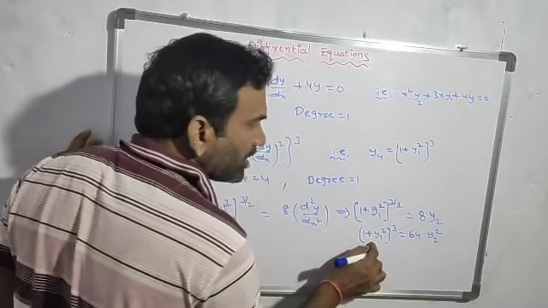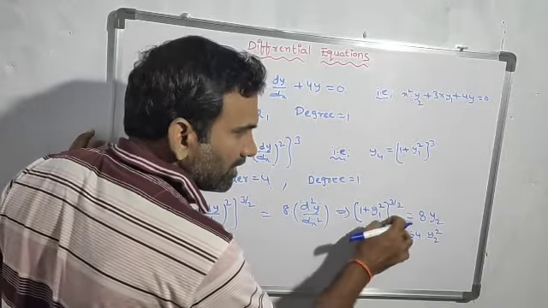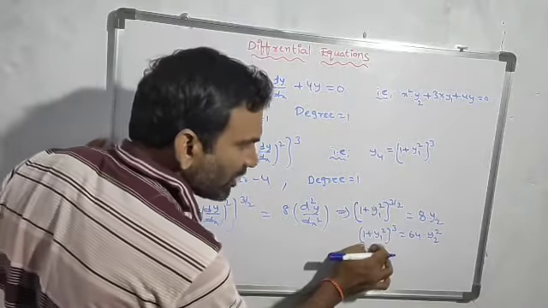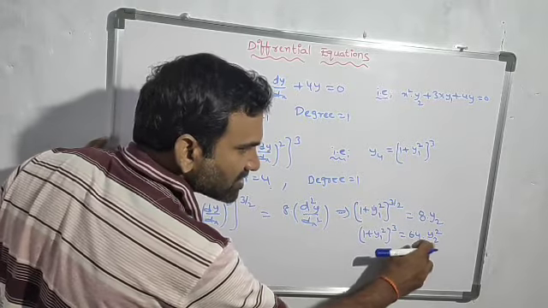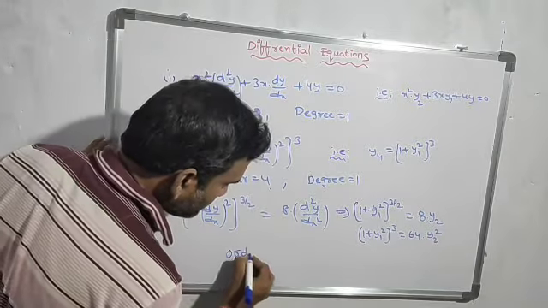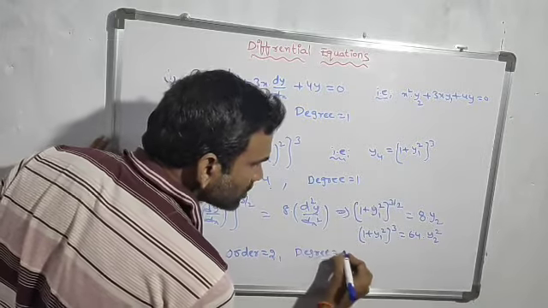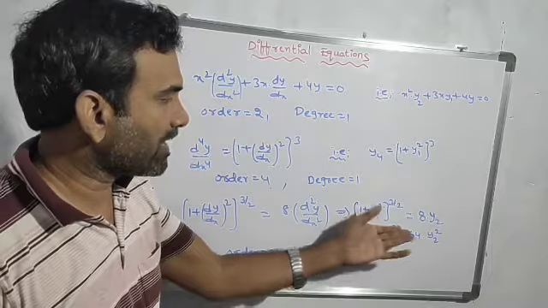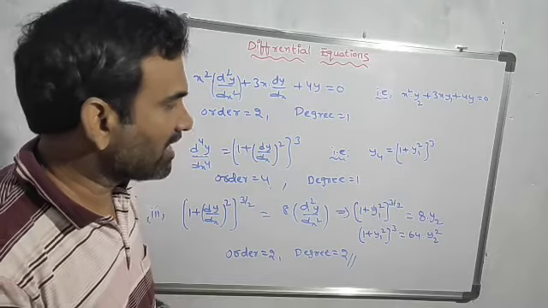That means here what we are doing is taking the differential equation free from fractions. Now it is free from fractions. After it is free from fractions, the highest derivative present in the differential equation is the second one, and its power is 2. So what is the order? Order equal to 2. What is the degree? Degree is also 2. Just for our simplification I am writing like this. It will give order and degree very easily, we can say very easily.